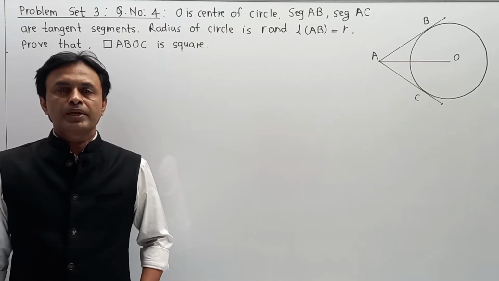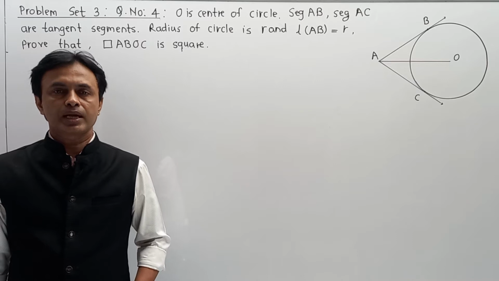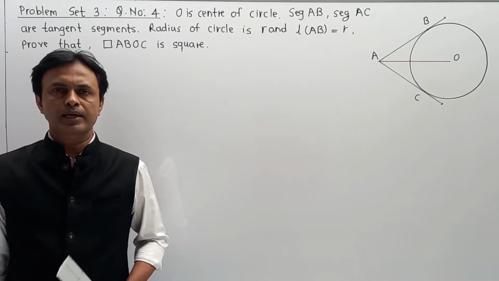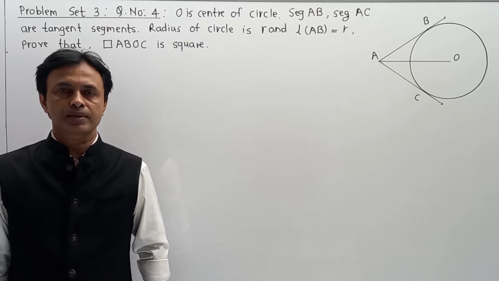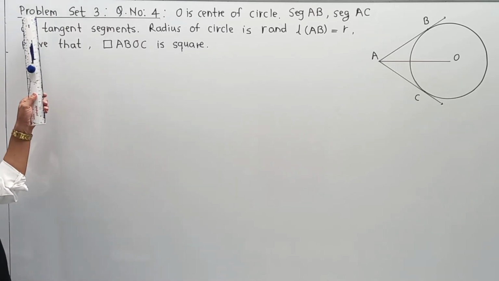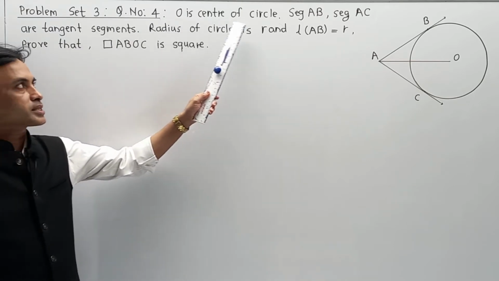Okay students, we have completed all the numericals from 3.1 to 3.5. Now we are in the problem set. In the problem set they are giving mixed types of numericals, some simple, some out of the box, and step by step the toughness goes on increasing. Among them, problem set 3, question number 4, and the part is: